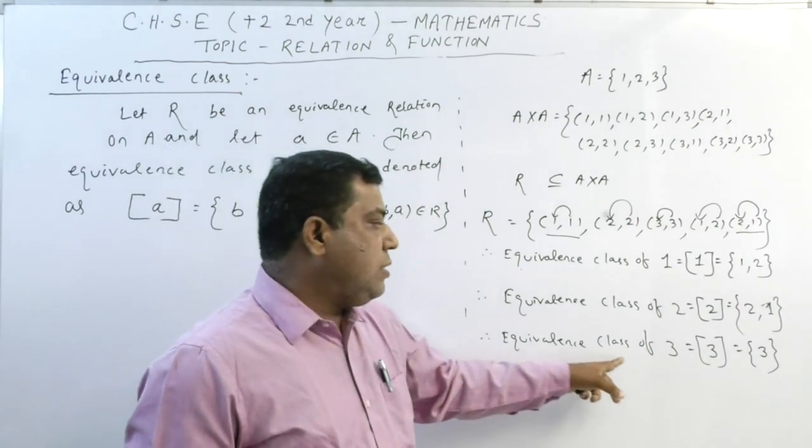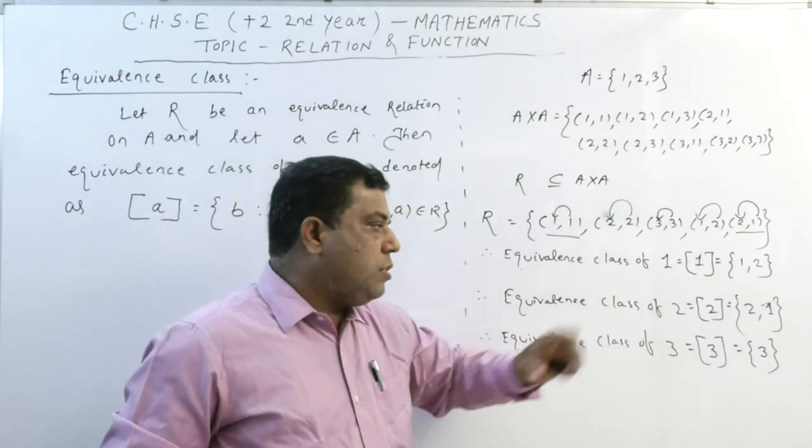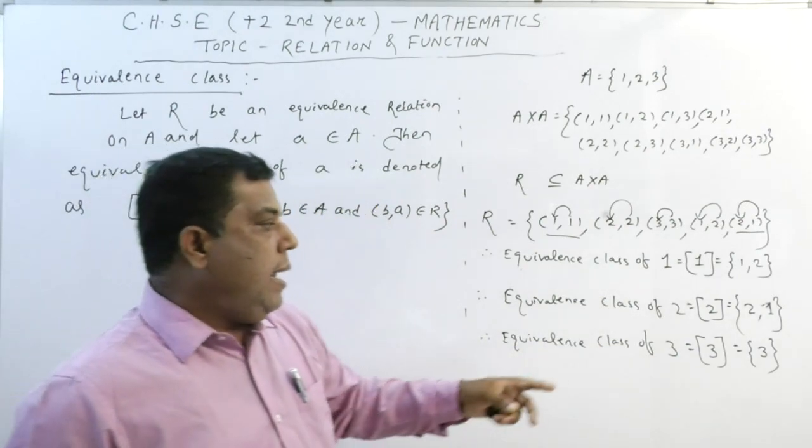Next, the equivalence class of 3, it is denoted by the symbol in the form of a square bracket, and in the equivalence